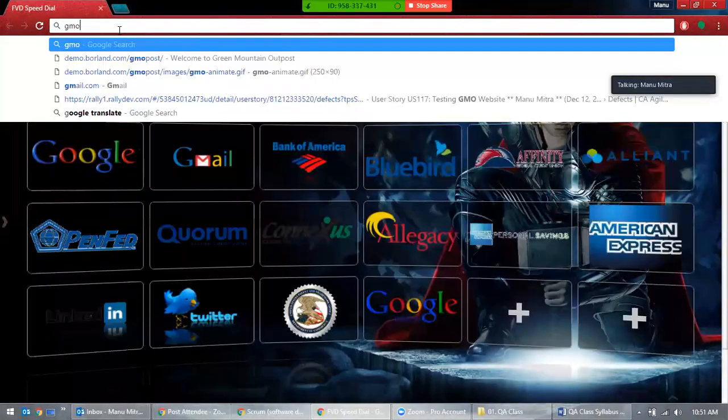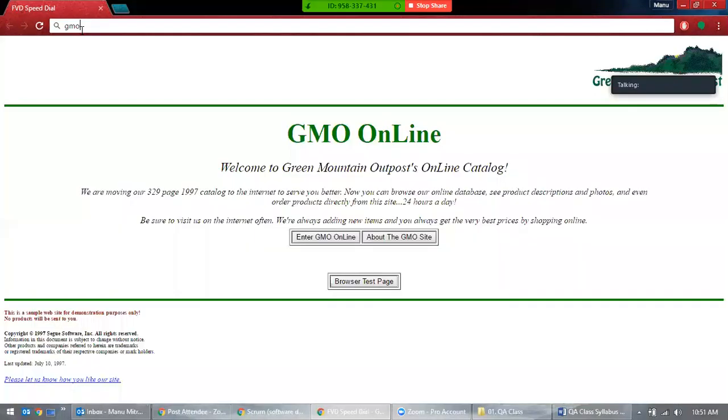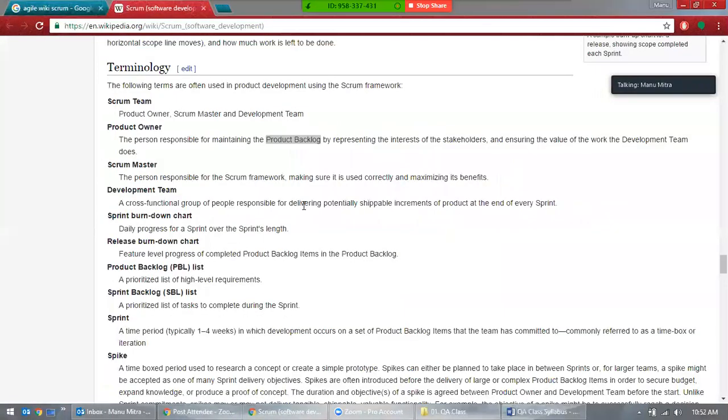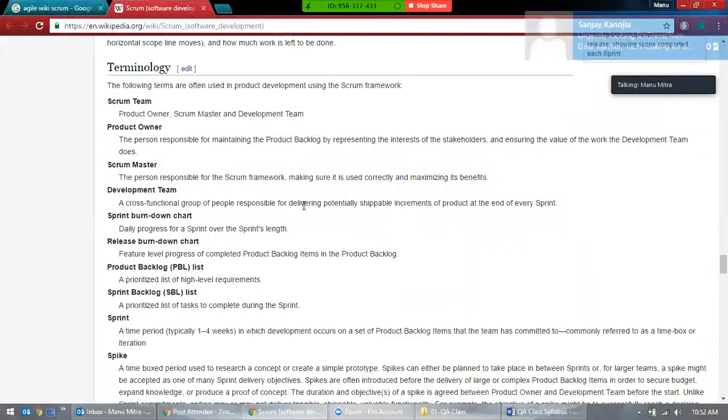We don't know the features, what the images are, what these buttons are. But the product owner came up with something like design GMO online post. That is the product backlog. Why? Because we don't know how many iterations it takes.